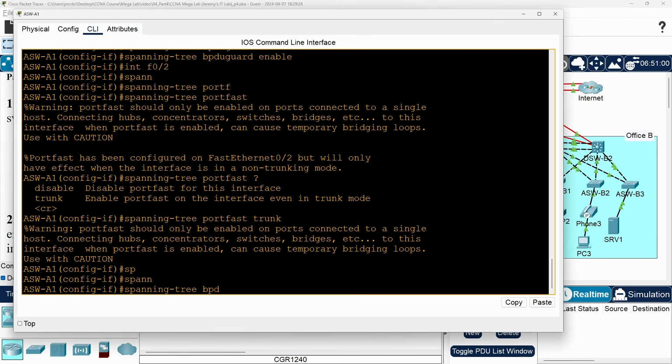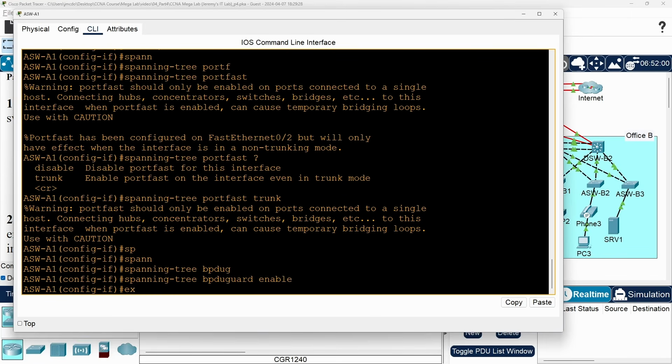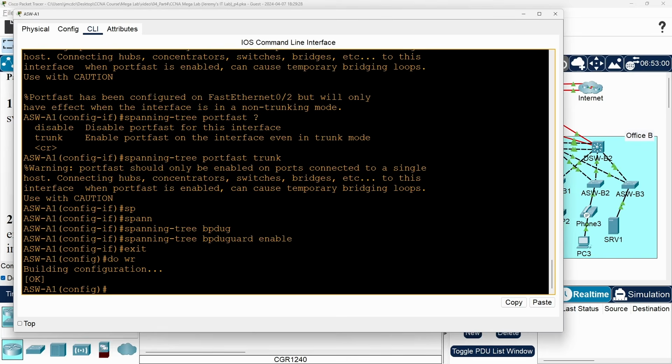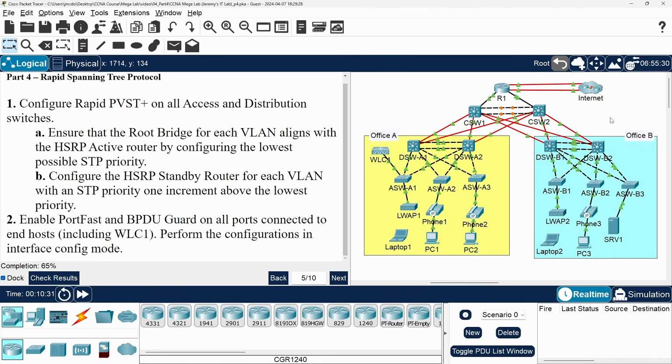Spanning tree BPDU guard enable. Exit. And save the config with do write. Okay, so we're done with A-switch A1. It was a special case because of that trunk port. The other access switches only have one host connected and require the same commands to enable portfast and BPDU guard,